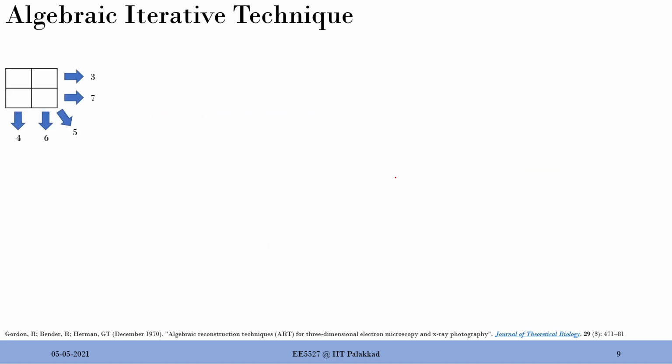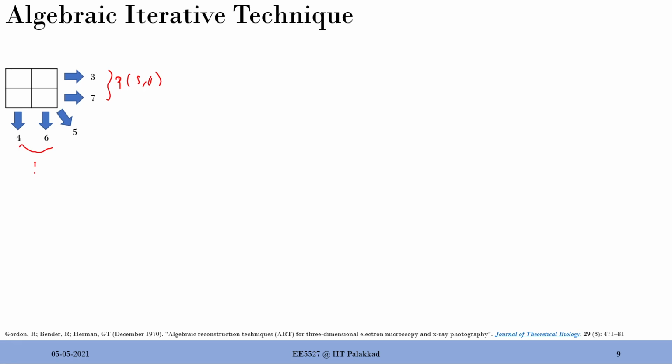That is where one of the very popular techniques, again proposed in the 1970s, comes in. It's known as the algebraic iterative technique. This is also very interesting and easy, and pleasing to talk about. So let's discuss what it is. Let's say I have some unknown values which I need to fill in. These are the pixel values, the image values, I need to find out. The only thing I have is this p of s phi. So these are both coming from p of s comma 0 degree.